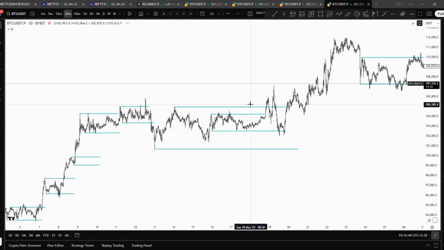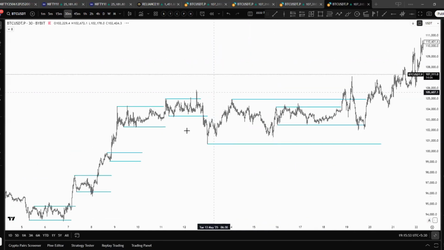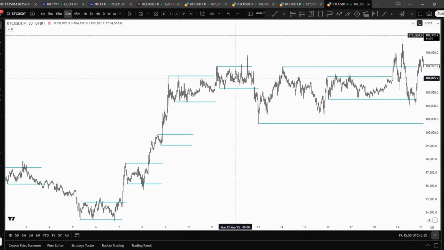So the idea is how to trade a range. Everyone knows it: sell the tops, buy the bottoms. And there are multiple ways to tell which side it's going to break out. You can use order flow and volume profile stuff, which I will be covering in future videos. But you need to get the context or the environment right, like what kind of trades one will be looking for.